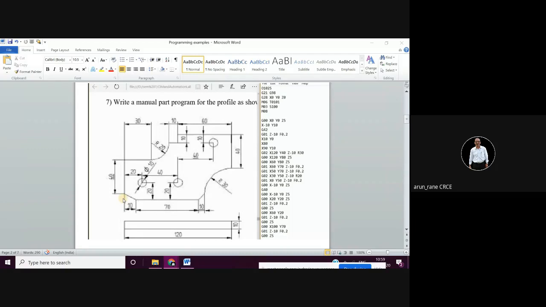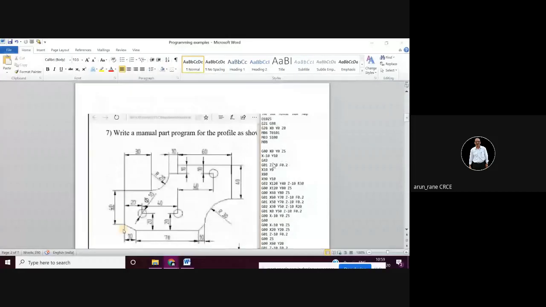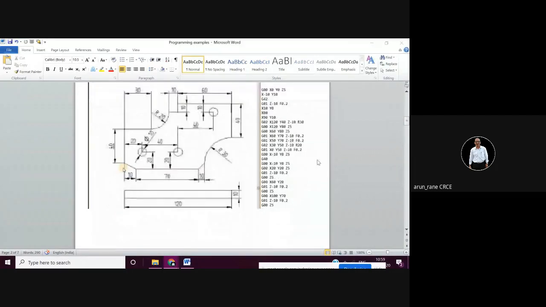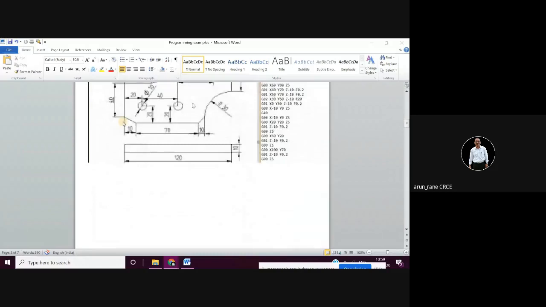In order to avoid copying as it is, that's why purposely some mistakes are done in the program, so that copying doesn't happen. Because what happens is if I ask students to submit an assignment, then they will simply copy it and submit it without thinking. But you are lucky that in manufacturing processes you don't have any term work.